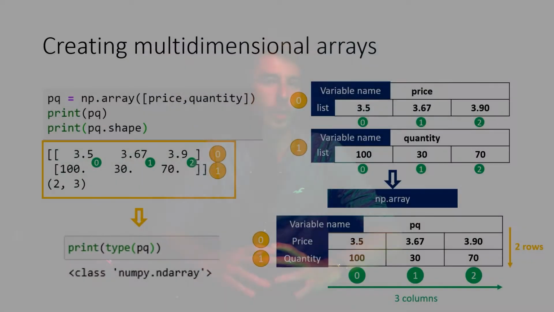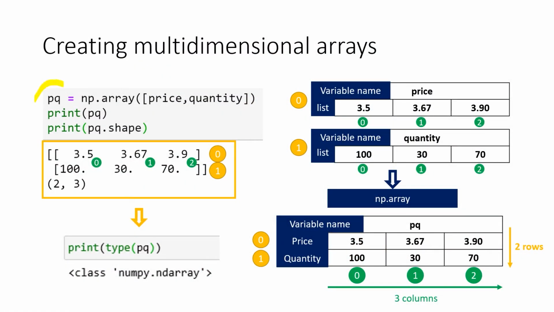So how can we create a multidimensional NumPy array? We do it the same way we create a normal NumPy array. The only big difference is that this time we put two NumPy arrays, or in the beginning two lists, together into one. How do we do it? First, we have a variable that stores all of it, and then we apply again the np.array method, but this time we include the list price and the list quantity, and we put these in round and square brackets. Now if we print out the result, you can see that we have here the multidimensional NumPy array,